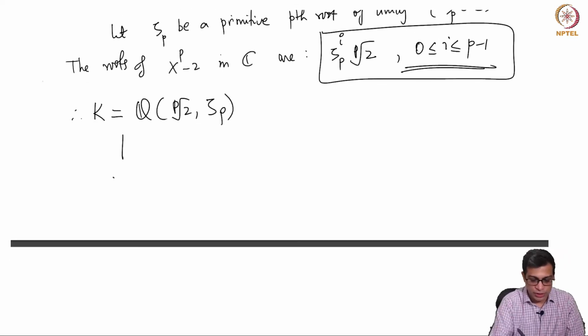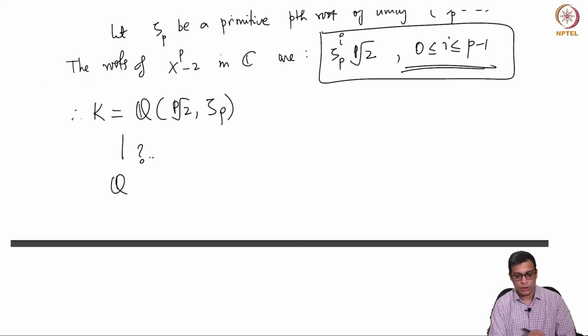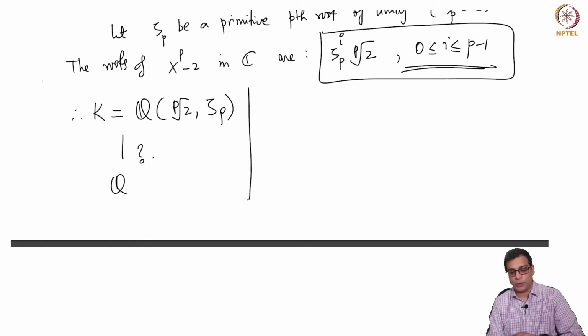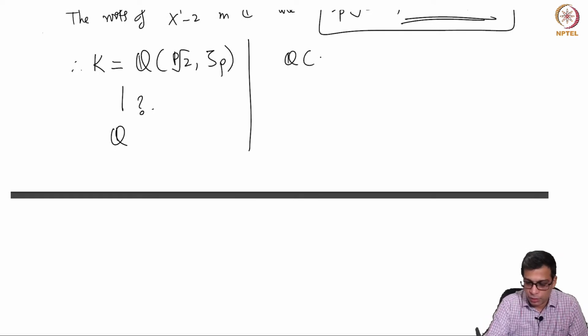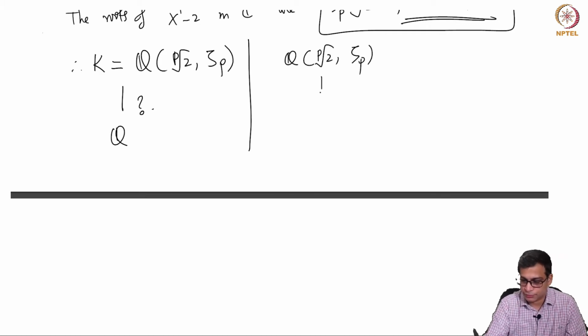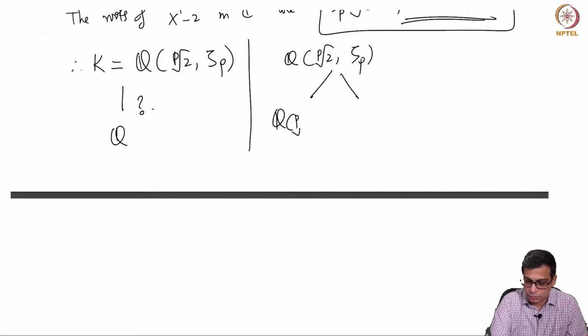Okay. So now what is the degree of this? In order to find this, I am going to use the multiplicative property of the degree of field extensions and carefully break up this extension like this. So now the first point I want to emphasize is there are two subfields here.